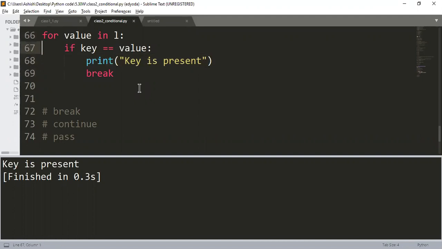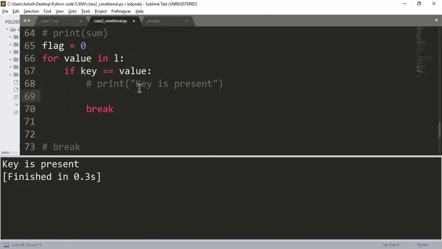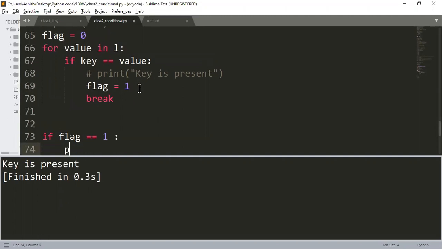Any guess? This is the reason we generally use something called a flag. Initially the flag value is set to 0. If the element is found, then instead of writing this, I will say the flag value should now change to 1. Once everything is done, I will check if flag equals 1, then I'll print